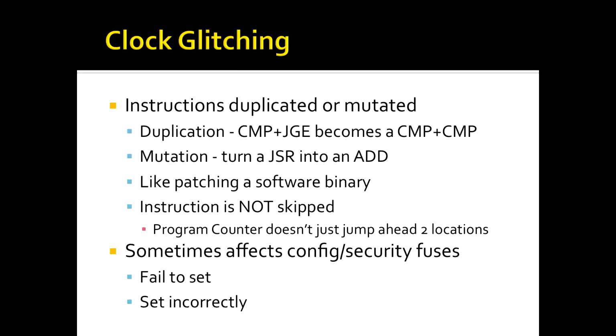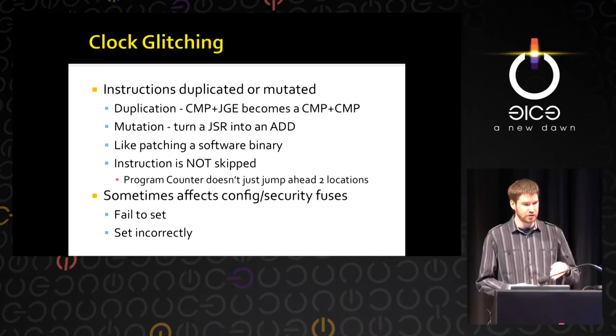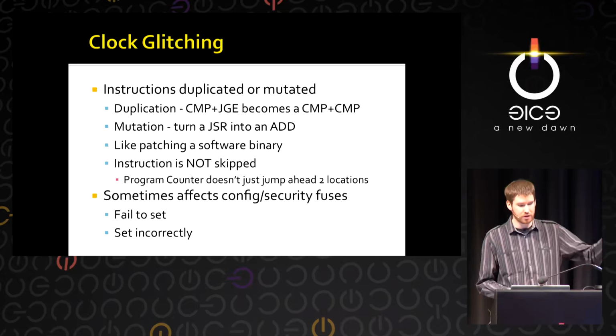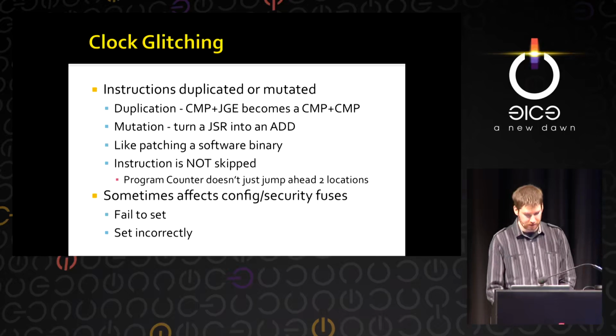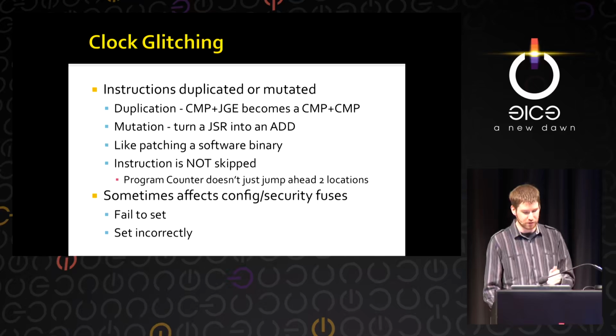So it's checking some condition in an if statement and then jumping. What you'll actually get is the compare will become compare. So that jump will actually go away, and that's usually caused by a fault in the fetch stage of instruction processing. So you've got usually fetch, decode, execute, memory operations, and register write back are typically your 4 or 5 stages of your RISC CPU, for example. So it'll mess up the very first fetch stage.